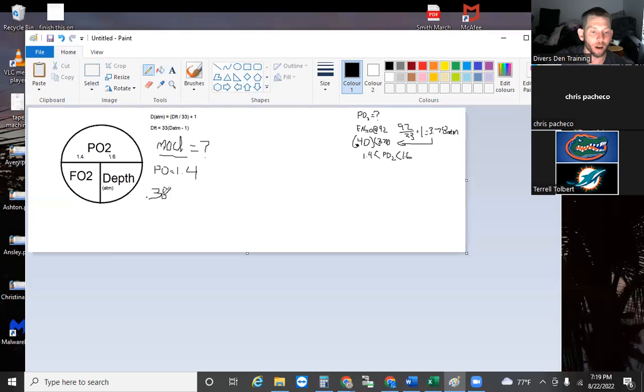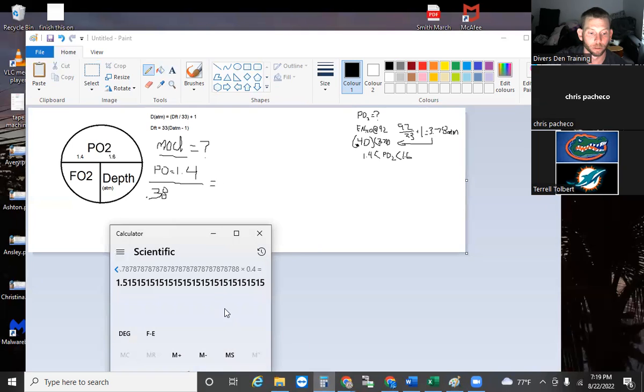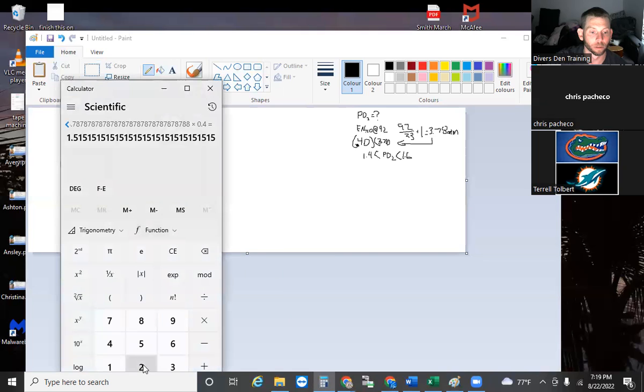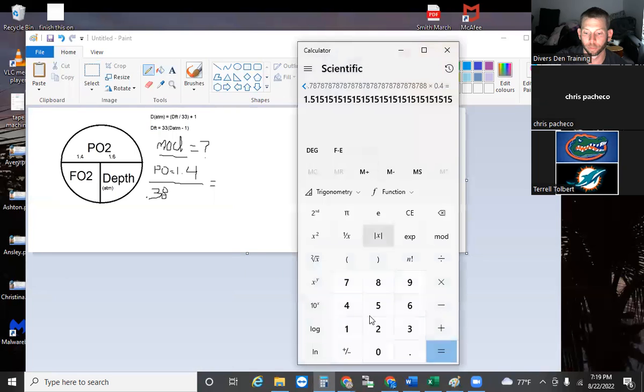It's my fraction of oxygen. So what is the depth I can do? It's pretty easy. You take 1.4 divided by 0.38, and that's going to be equal to